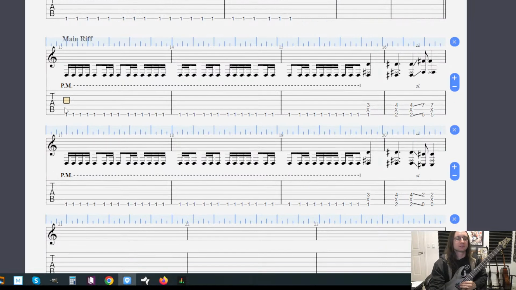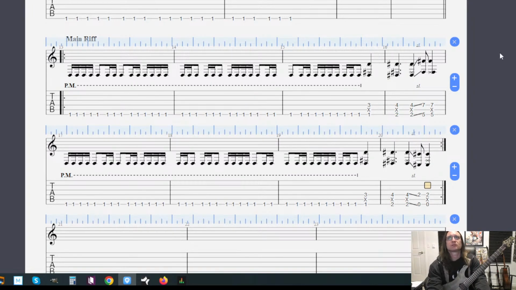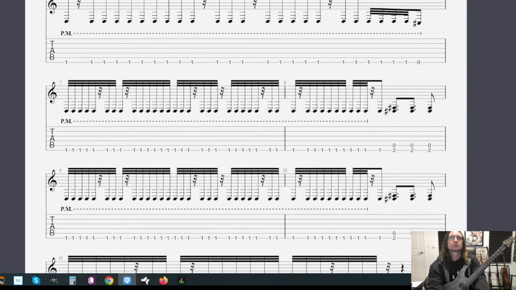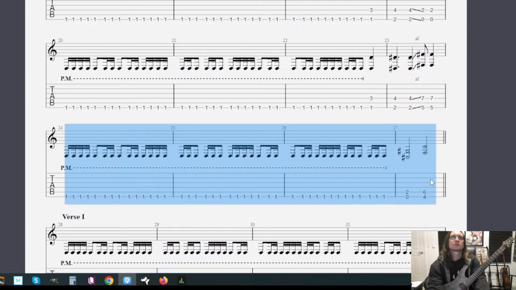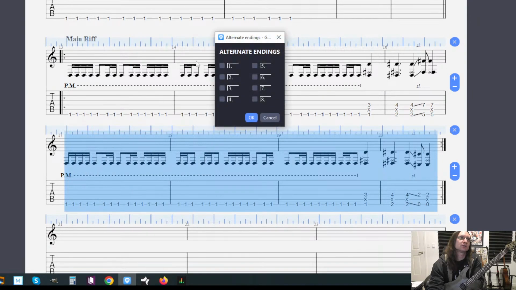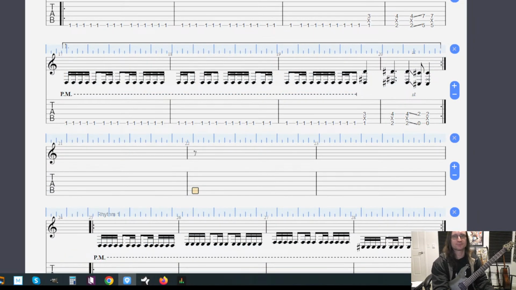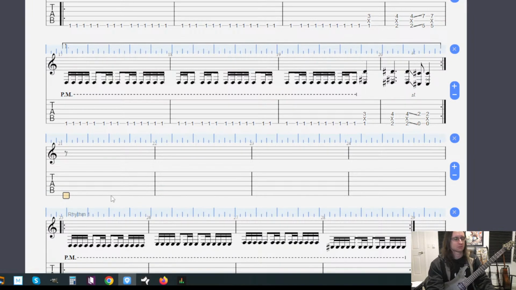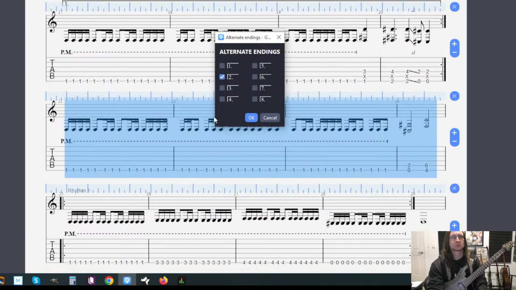Alright, so I'm going to do it like this. We're going to hit here, here, and then we're going to... So that's almost all the same. Here, let me just do it like this, simplify it. Alright, so that's going to be the first time, and then we're going to go here for, whoops, I need another bar, I think. What does that look like? Yep, that's correct. And then that'll be second time. Okay.